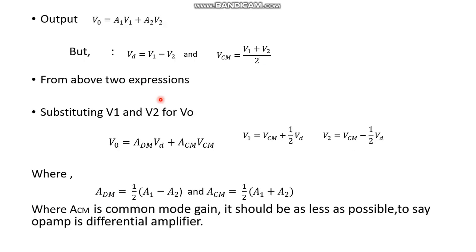So I am just substituting. By doing some simplification we can obtain V1 and V2 in terms of VD and VCM like this. By substituting these two in this expression I will get this, where ADM is half of A1 minus A2, and ACM is half of A1 plus A2. ACM is the common mode gain, it should be less